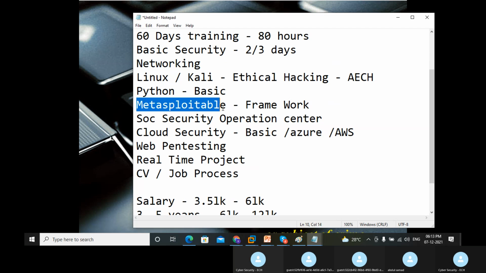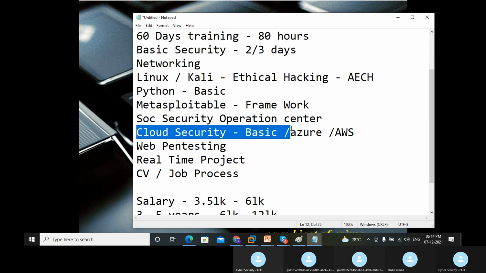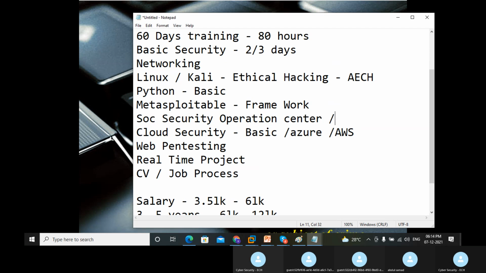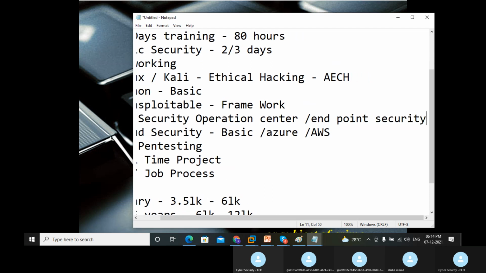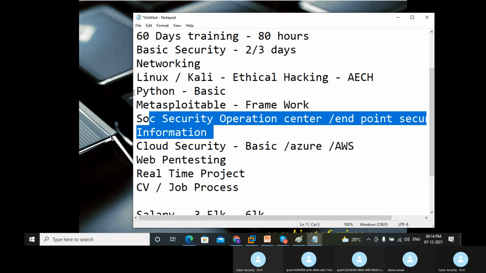Everything right from log sources, how the log is generated, how the event will be there, what the different correlation rules are, everything about cloud security, what the cloud is, how it happens. But in cloud security, we are going to cover only the basic part because there are a lot of things. Under this there are many subtopics, like endpoint security and the basic concept of information security. If I show you the subtopics, it will be totally different. Once you go through the job profiles and process, you will understand this entire thing.